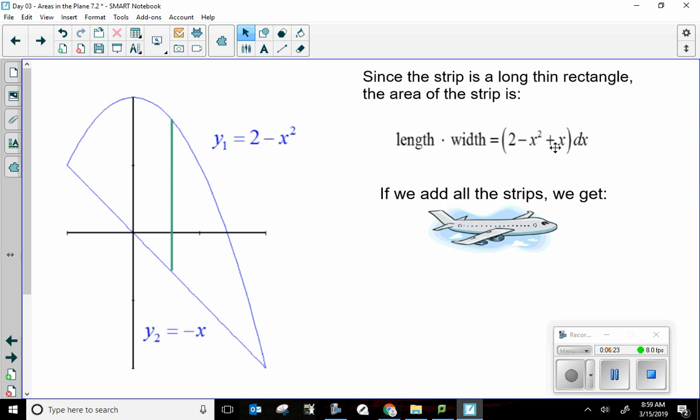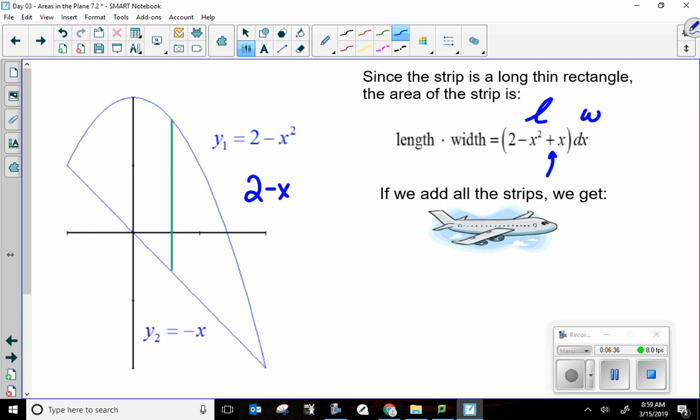Anyways, I take my length and I multiply it times my width. Now you might be saying, whoa, Visca, whoa. I thought you were supposed to subtract the bottom. Well, let's not get crazy. If we have 2 minus x squared minus a negative x, don't forget when we subtract a negative, it turns